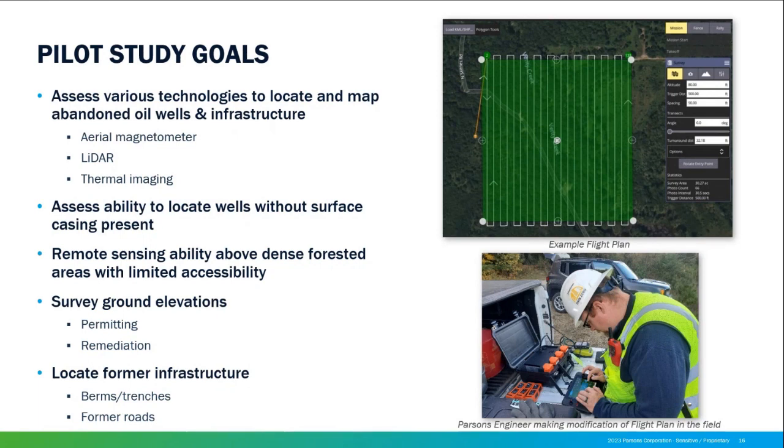Like I said, we had dense forested areas that had real limited accessibility. So this is a great real world field study. We didn't go out and just cherry pick some nice wells and easy clearings. This was definitely a real world pilot study of the type of conditions you can face trying to find previously